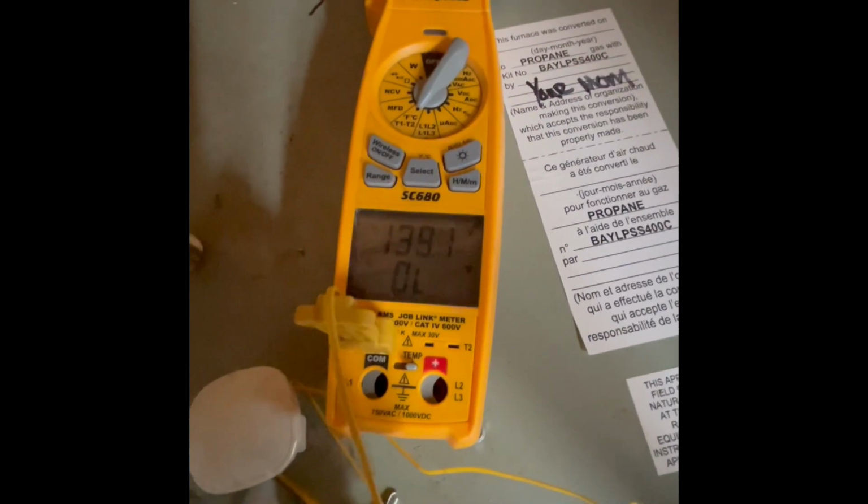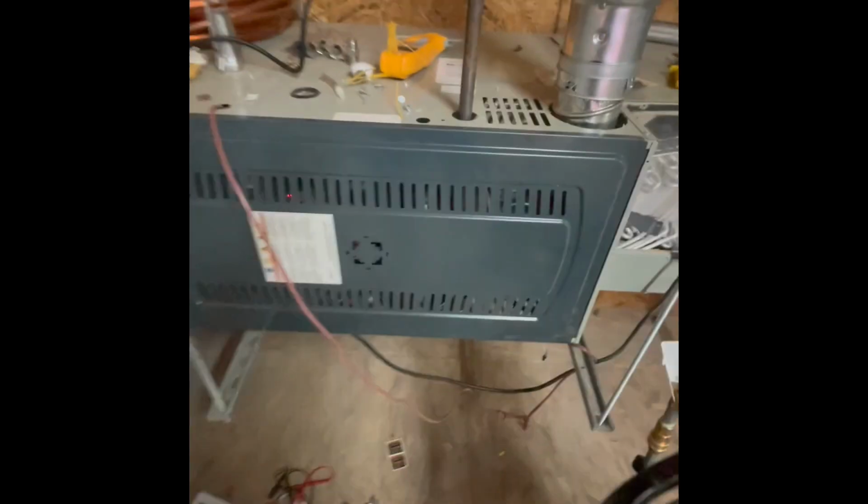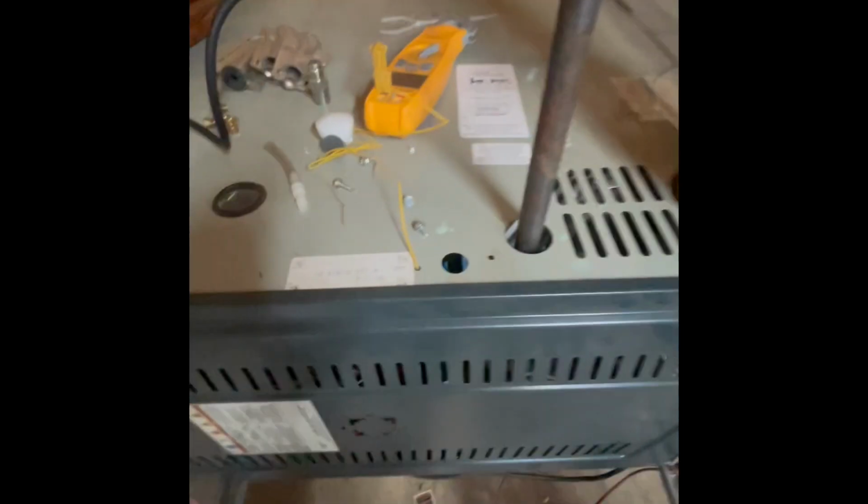This is how we test for gas spillage. So we put a probe inside the burner chamber. I utilize this little hole right here, and it's just sitting right about here, and we'll show you where it's sitting. But just sitting right in front of this grate,